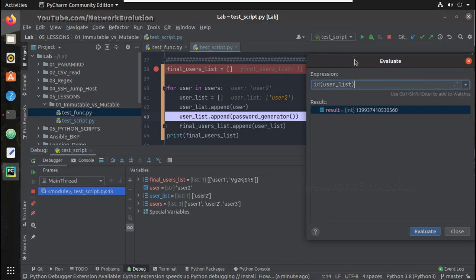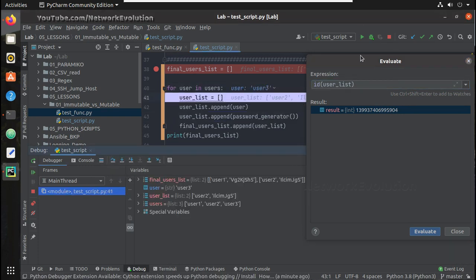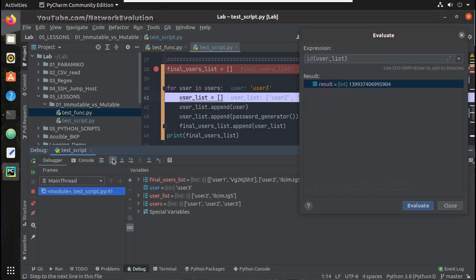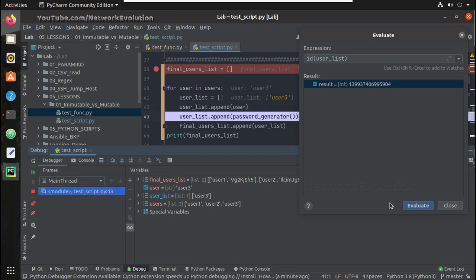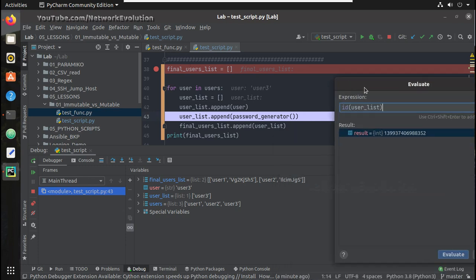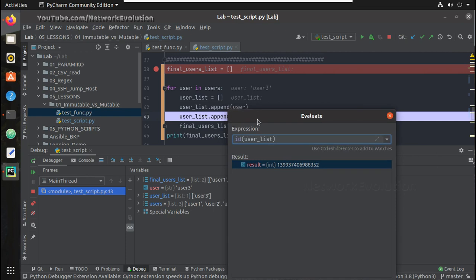For user1 it was 0560, now it has changed to 5904, and you can see it is getting appended properly here. And now for user3 it is 8352. ID is getting updated since it is inside for loop, but if it is out of for loop, even if you update the value, it retains that ID.